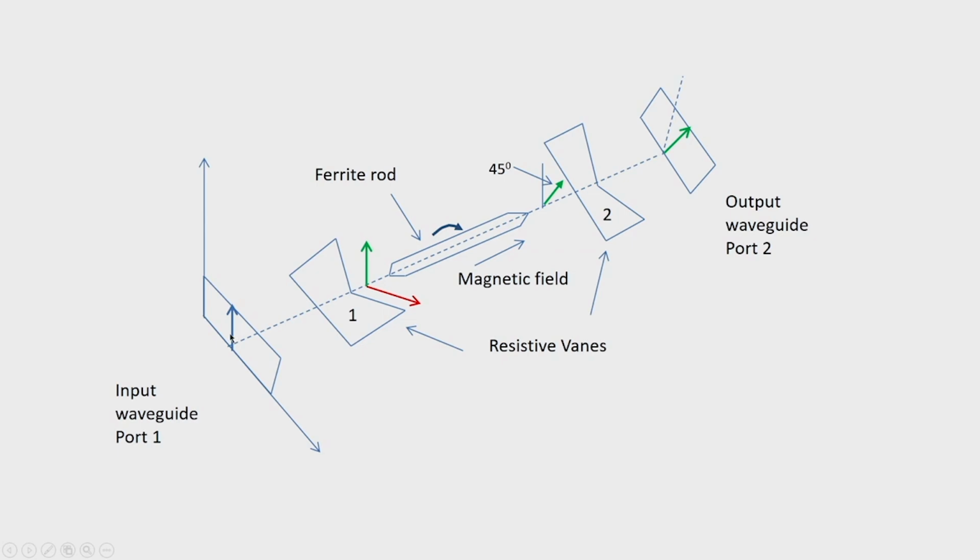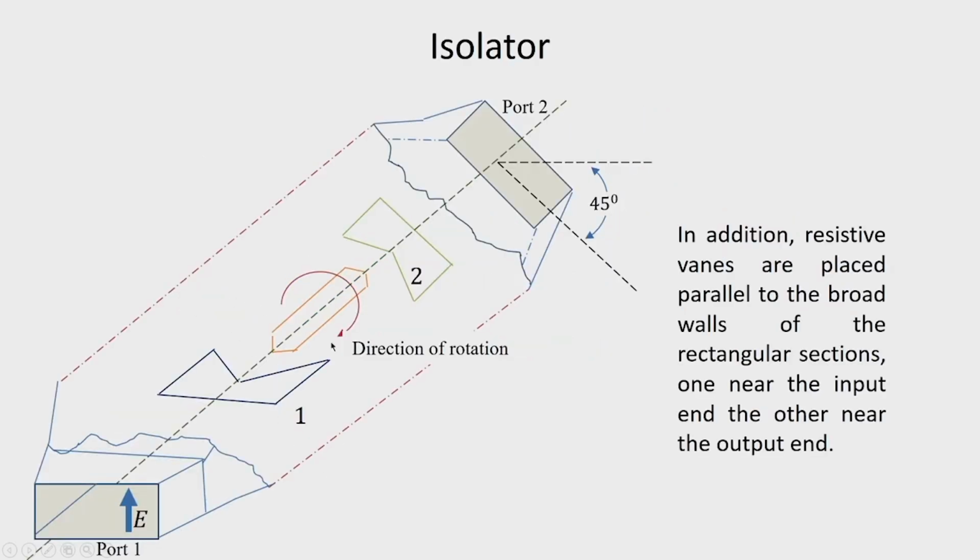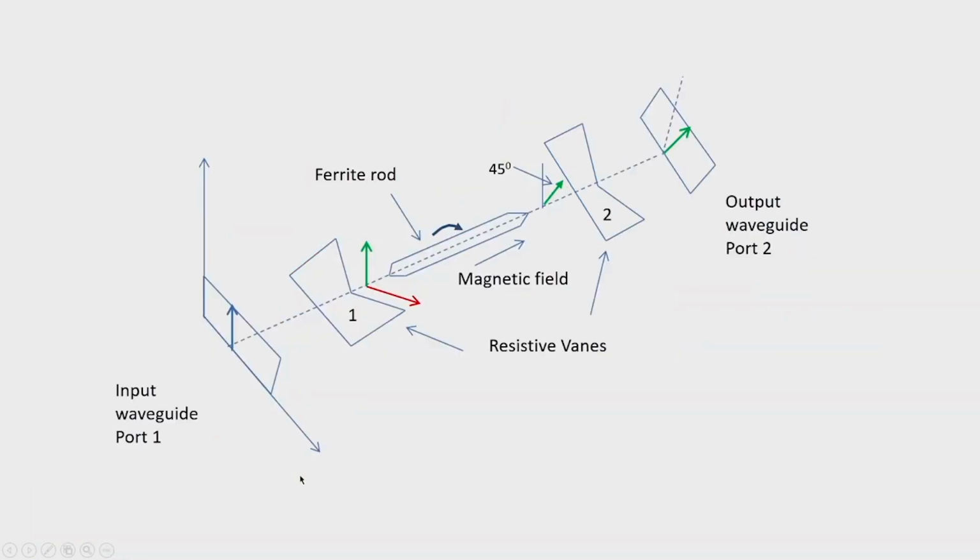Now, when this propagates and enters the circular section of the waveguide through this transition, this TE10 mode will give rise to TE11 mode in the circular waveguide, but its polarization will remain same as before, and here this electric field is perpendicular to